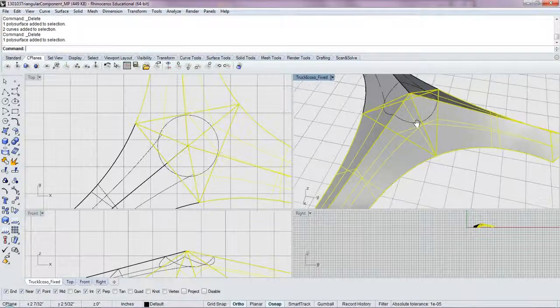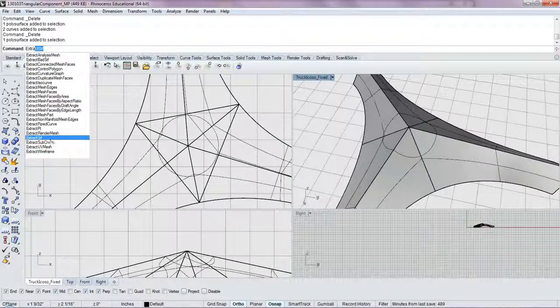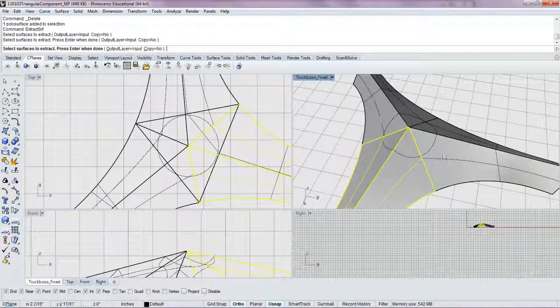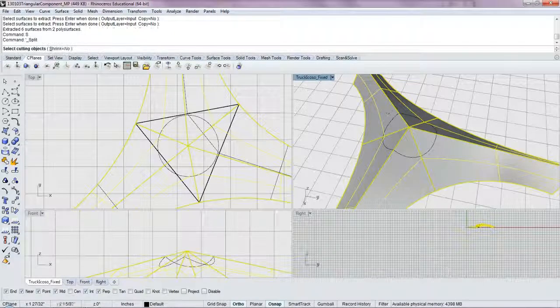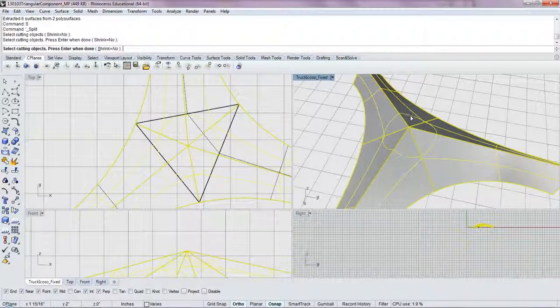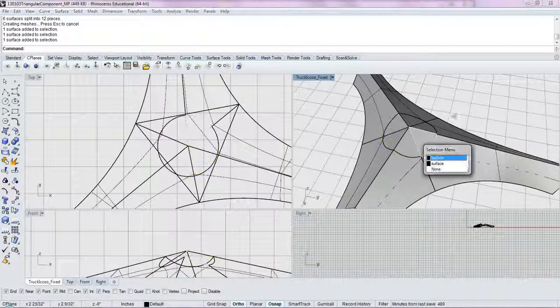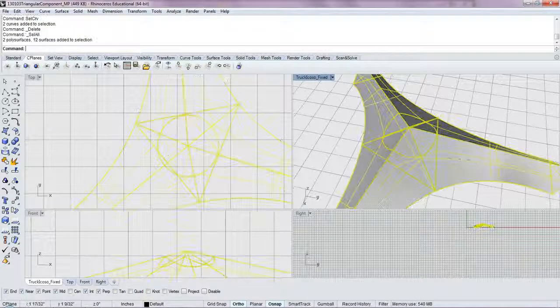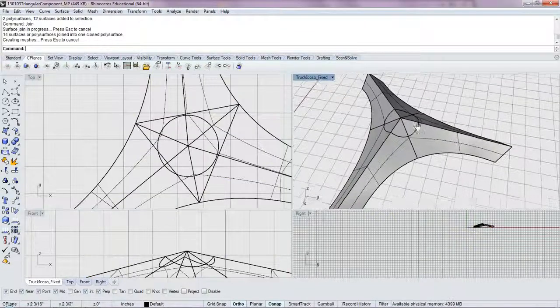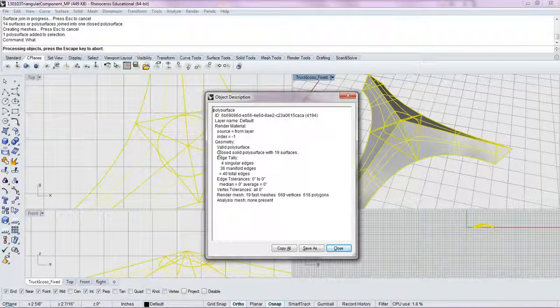So if you look at this, I now have a curve that's on those polysurfaces, but because they're polysurfaces, I'm going to extract the top surface that would intersect with this and split it based off of this curve so that these surfaces are then independent. So now if I type in select curve and delete all the curves and then select all and join, I will see that I have one closed polysurface, and this is what we need to work within Scan and Solve. If you type in what, you will detect the closed polysurface